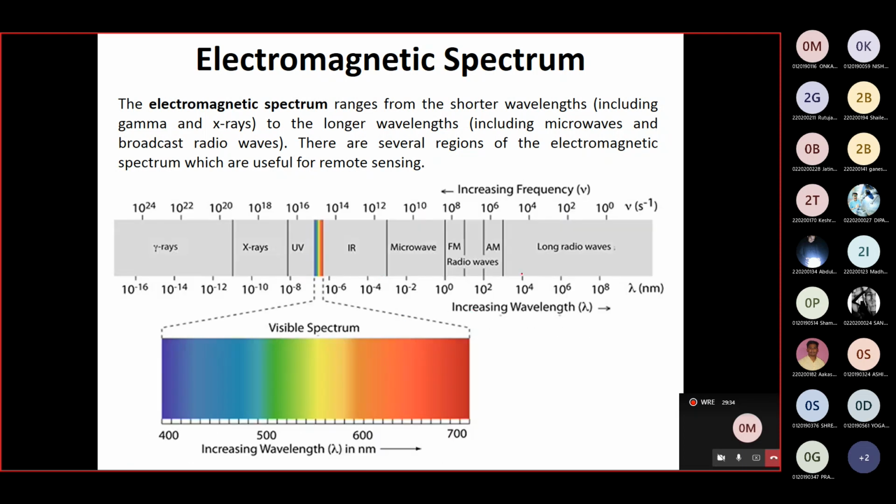You are aware of this particular spectrum, the various ranges of wavelengths, in which we can study the electromagnetic spectrum in detail. Like here you can see the gamma rays. The wavelength ranges from 10 raised to minus 16 to 10 raised to minus 11. That is the wavelength we can see. This is in the direction of increasing wavelength, and this is towards